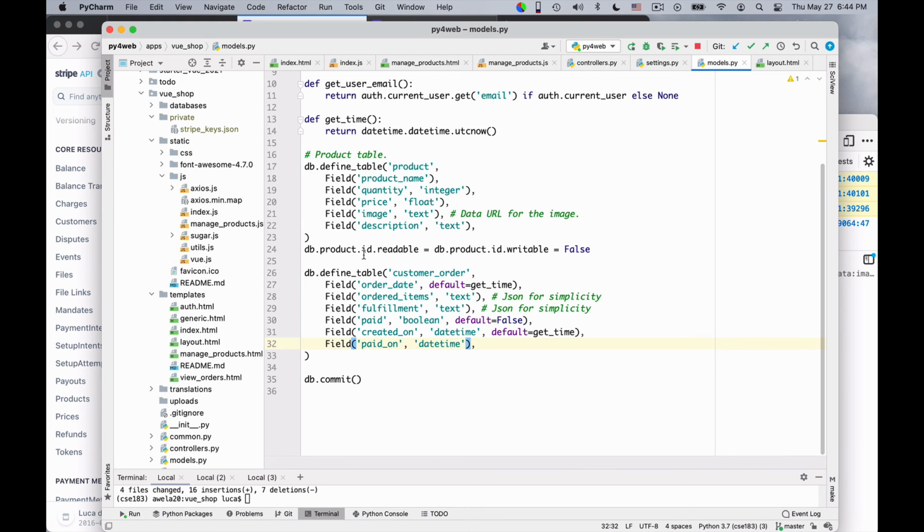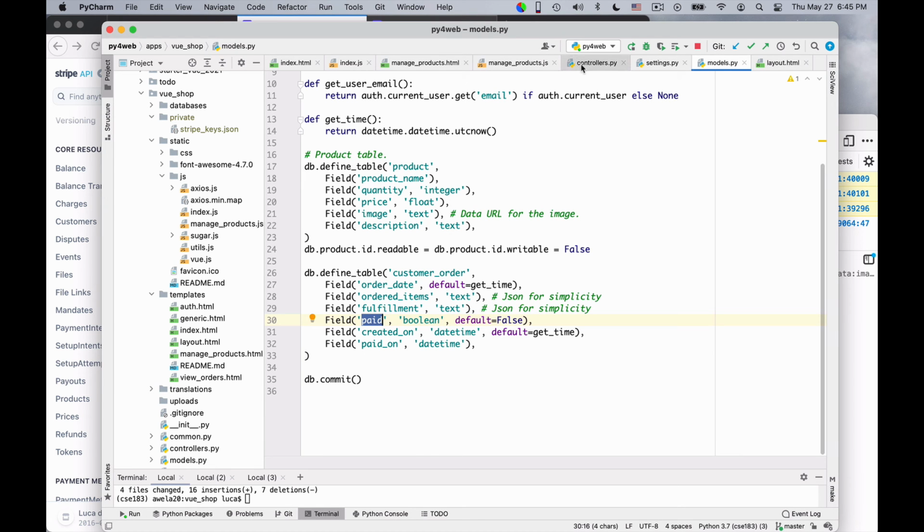On the server, I created 2 tables. One is the product table, obviously, that holds the products, but the other one is the orders table that contains the details on the items, as we have seen, the fulfillment, and also crucially whether the thing has been paid. Because when you tell me what you want to buy and I reply with a session ID, I do not know yet that the thing is paid. In fact, it's not paid until I get the redirect.